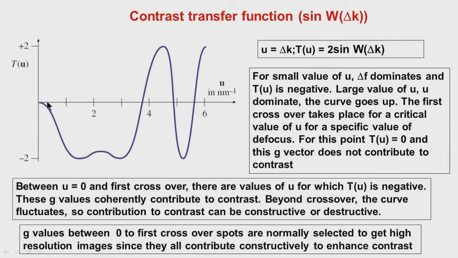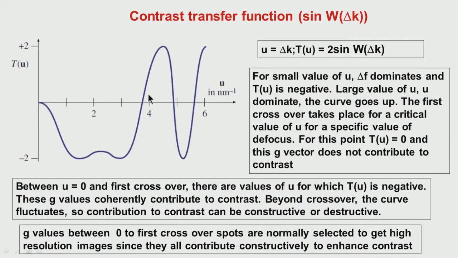Okay. These are all the range of g values, because you can see that this is in nanometer inverse, so it is in reciprocal space. So, these are all the g values if we use them to form a high resolution image, then all these beams at every point are going to coherently add, and constructive or destructive interference will take place. This will give rise to a nice contrast, and we will be able to see sharp.